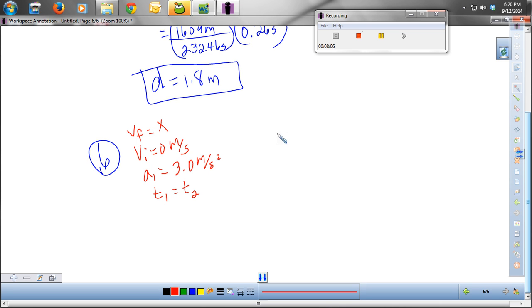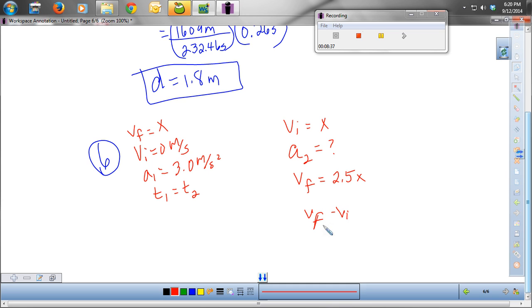So then time 2 begins, and the initial speed of time 2 is X, because it's the final speed that he ended time 1 with. I have no idea what his acceleration is. That's what they're asking me to find. And I know that his final speed, the problem tells me, is 2.5 times his final speed at the end of the 3 meter per second squared acceleration period. So if the times are equal, then VF